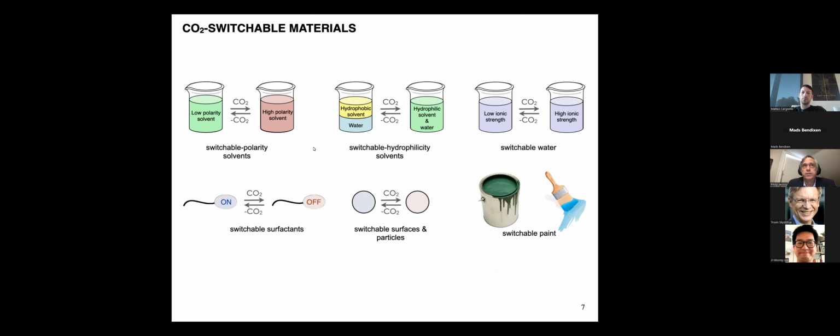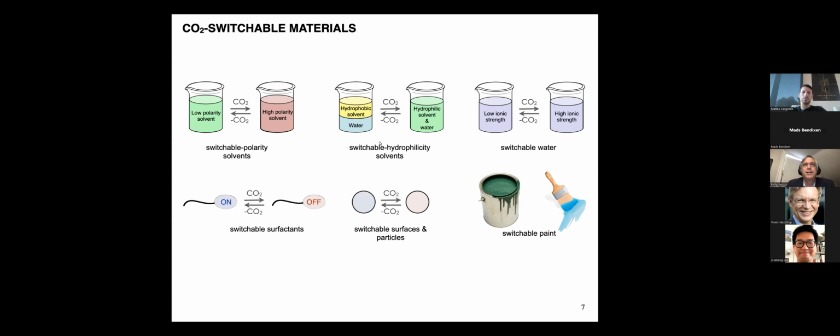I don't know if you could see my cursor or not, but in the upper left, we have the organic solvents that change from low polarity to high polarity and back again, sort of like having diethyl ether become DMSO all of a sudden, or methanol. And then you can make it go back to being diethyl ether again. Now, it's not diethyl ether, but it's solvents of that kind of low polarity changing to solvents with very high polarity and back again. And that's useful for lots of things that I'm not going to talk about today.